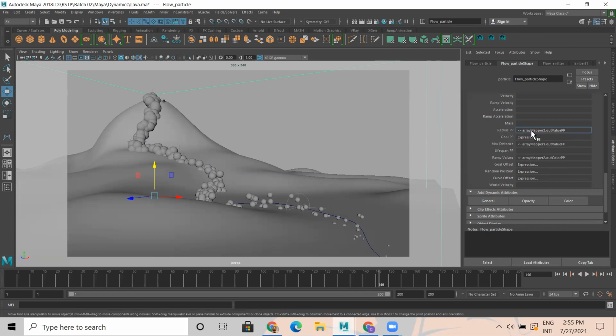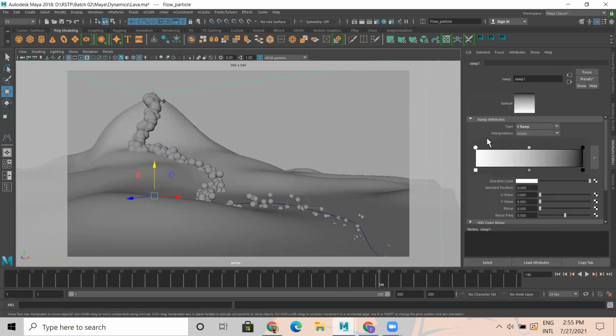There's a logic here. Assume this is the start point of the particle, and this is the end point of the particle. White color represents present, black represents absent, something like that. And this is the life of the particle.